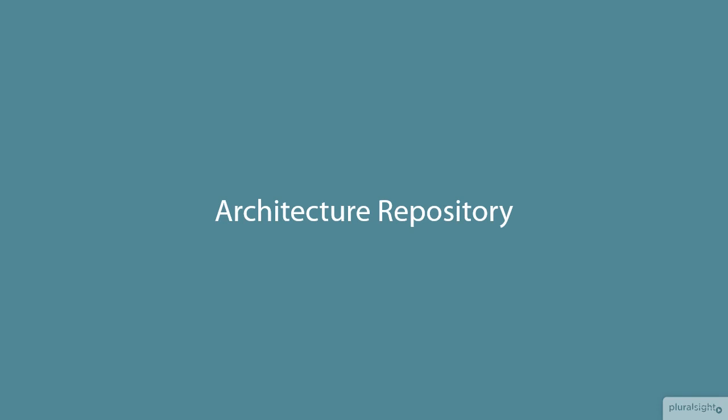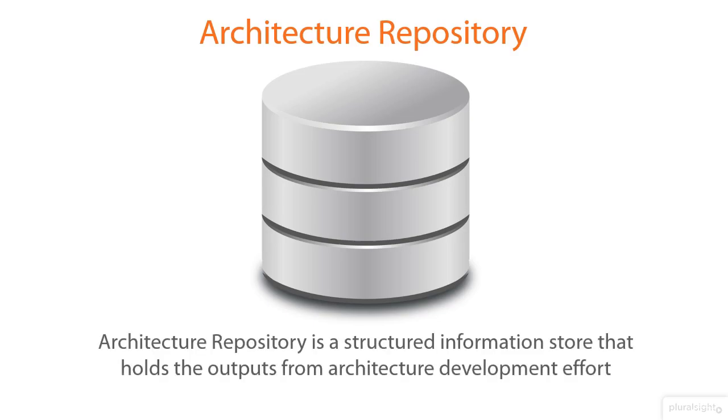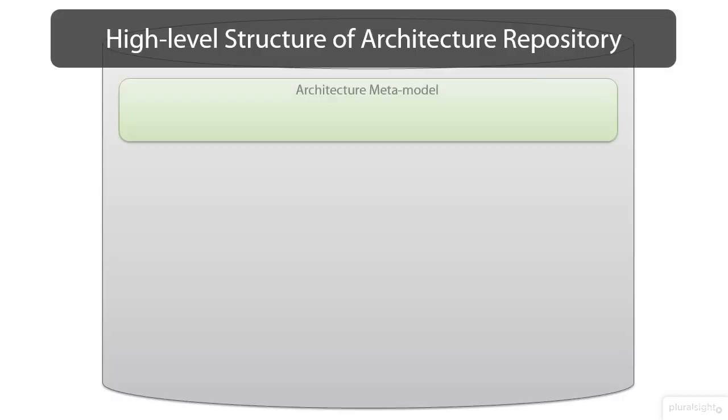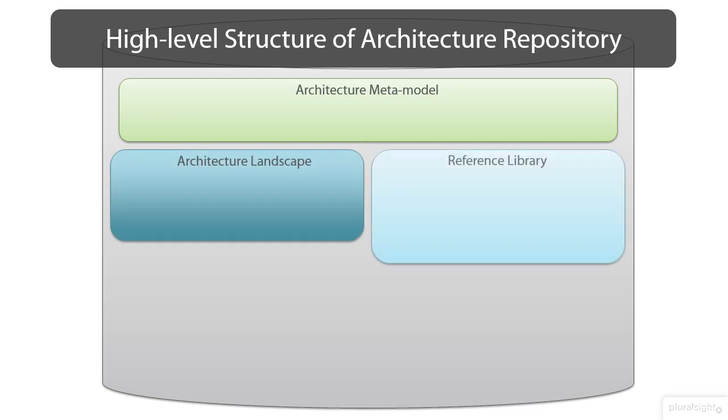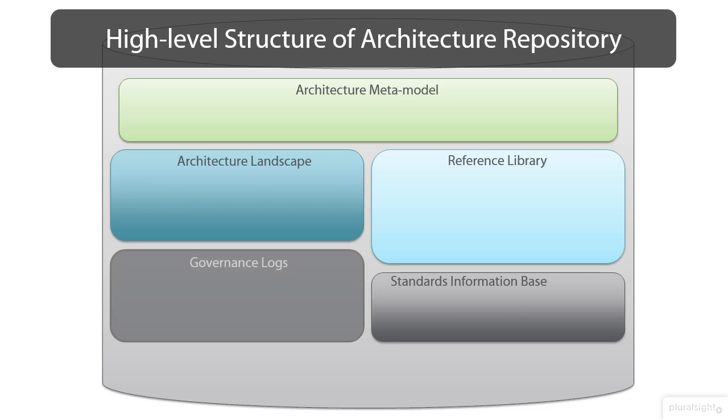Next, we will look at Architecture Repository. Architecture Repository is a structured information store that holds the outputs from architecture development effort as the teams that form part of the architecture capability execute through the ADM cycles. The key sections of this information store include architecture metamodel, architecture landscape, reference library, standards information base, governance logs, and